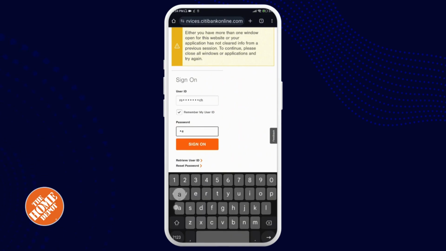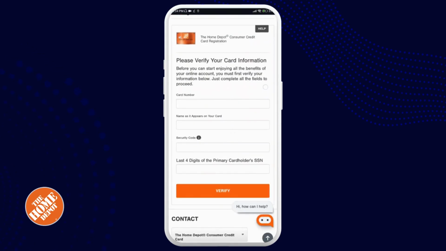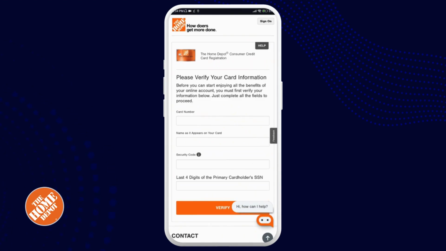Also down below you can see an option called Register a Card. If you tap on that, this page will open up where you have to type in your card number, the name as it appears on your card, your security code, and last 4 digits. And there you go. That is how you log into the Home Depot